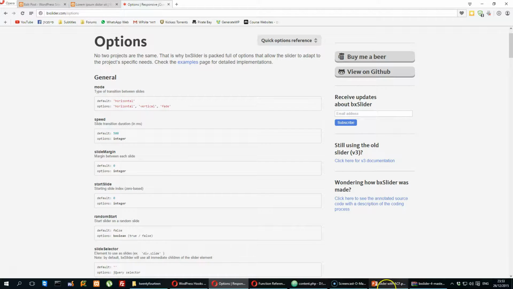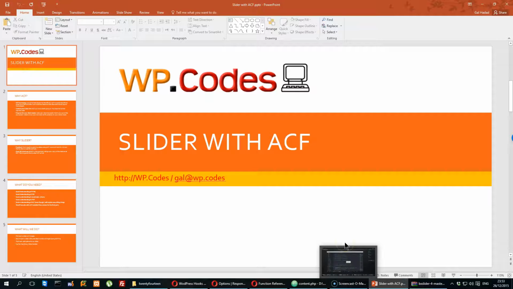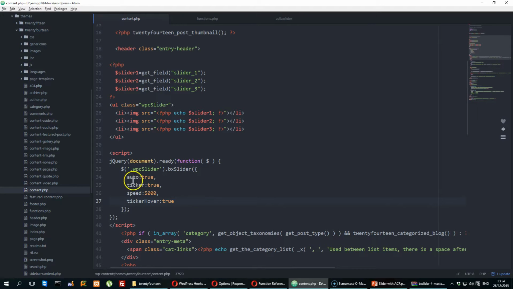And that's it, guys. This was the first part in the tutorial. In the second part, I will show you how to use the gallery add-on for ACF Pro in order to make your slider much better, and you will be able to add as many images that you want and reorder them easily and stuff like that. And in the third part, I'm going to show you how to make your user able to change the options straight from the WordPress admin panel. So you won't need to actually go to the code and do this option thing. You can just do it from your